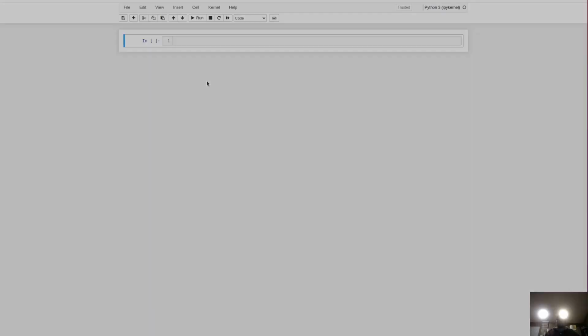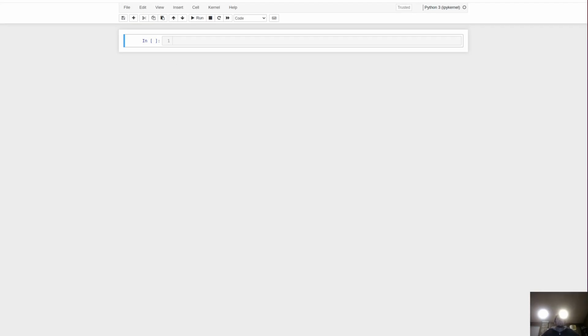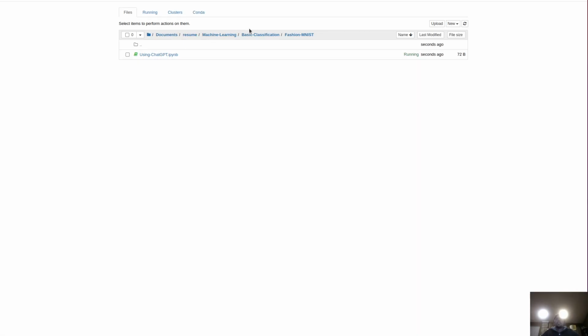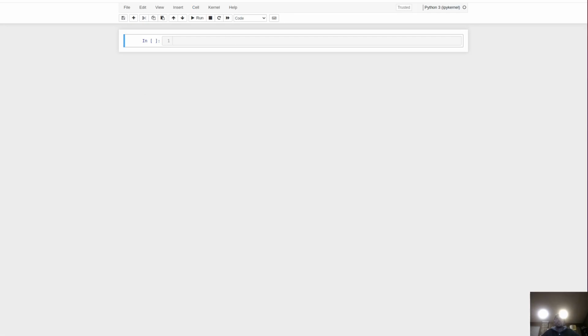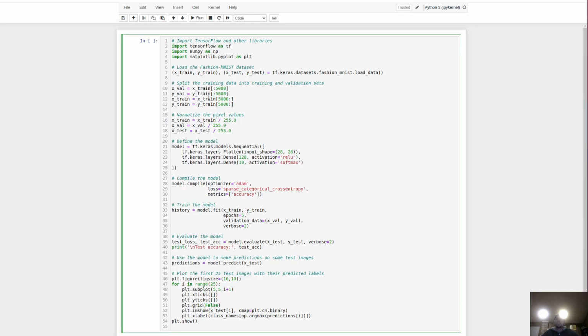ChatGPT, I guess, because I think the folder was already descriptive, wasn't it? So basic classification, Fashion-MNIST. Yeah, so that should be somewhat descriptive. People should know what it is. Okay, now I should be able to just kind of do this, and I'll split it up a bit. Well, no, I should do this as much with their thing as possible.